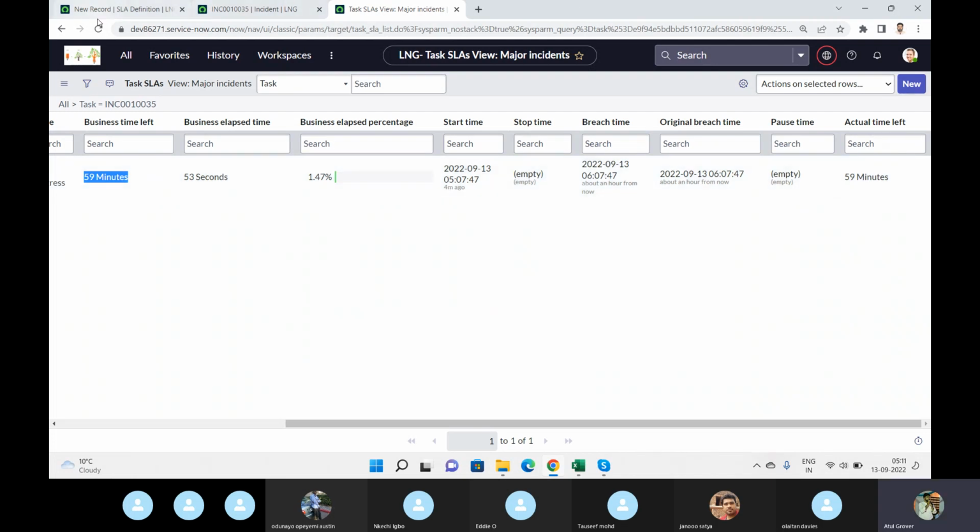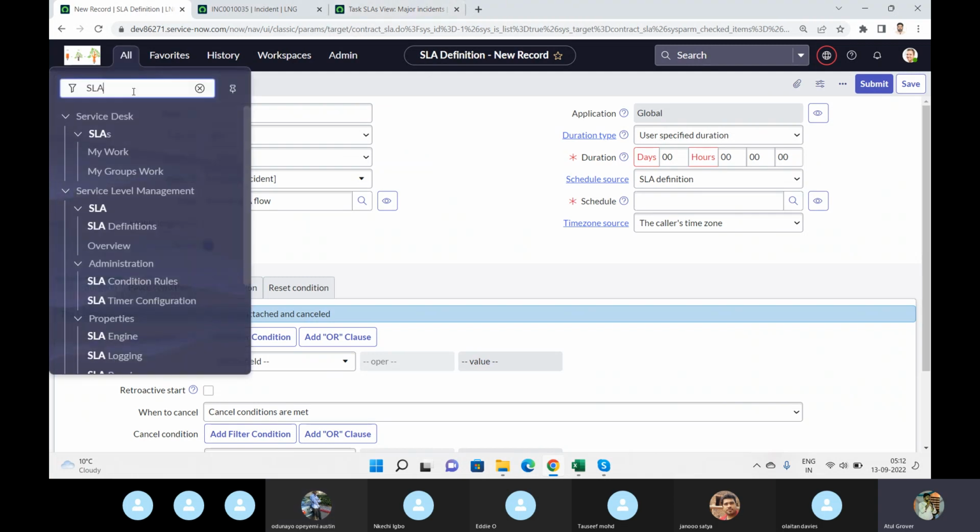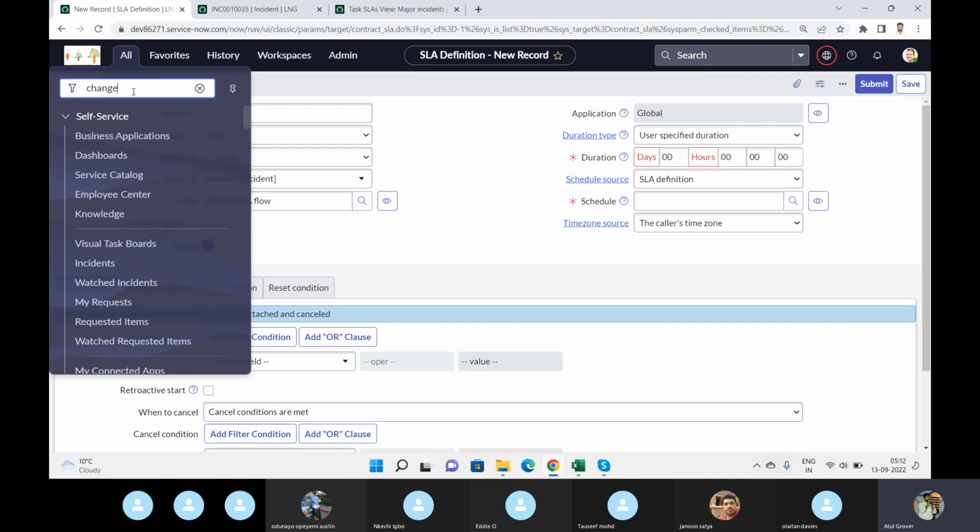Now let me go here and create a new one. You can see this form, right? It says SLA definition, where I want to create one SLA for my incident, or for my change, for my problem, for my request, for my knowledge. Let me open this and see the change form, because the incident form is totally,